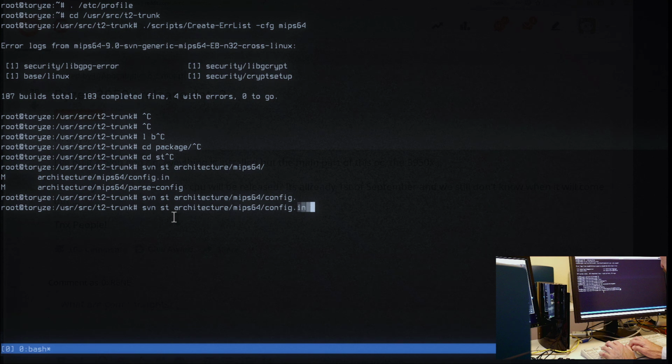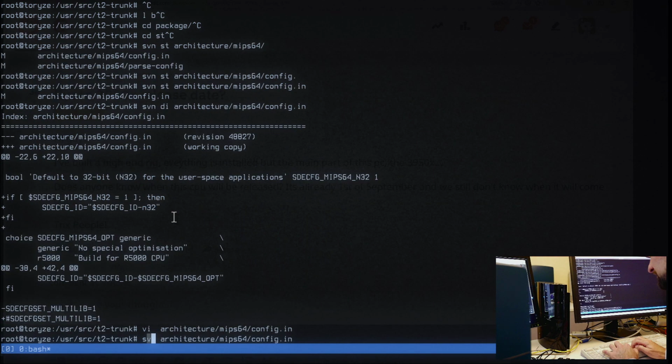So yeah, N32, when you just build this in T2 right now, not only does it not build, even the GCC segmentation faults, because amazing upstream stuff, and this we can commit to include an N32 ID in the build. That certainly helps. Include or add N32 build ID to